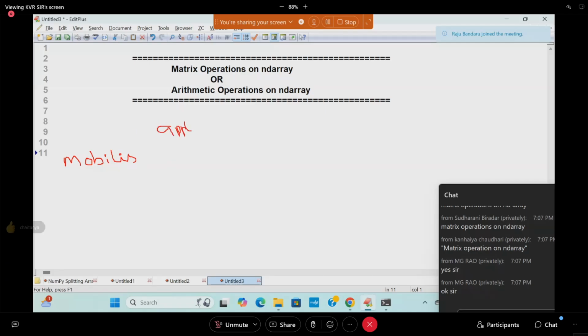Mobiles. It is called Apple phone. 100 units are there. And next is Samsung mobiles. Samsung mobiles are available, some 200 units are there. And next is Vivo. Vivo mobiles are available, some 100 are there. Then Oppo. Oppo is 50 units. These are called mobiles and their production. Understand? Fine. And this comes under the production unit,